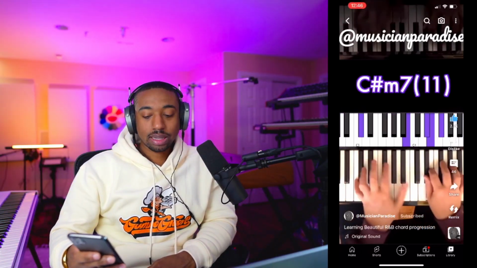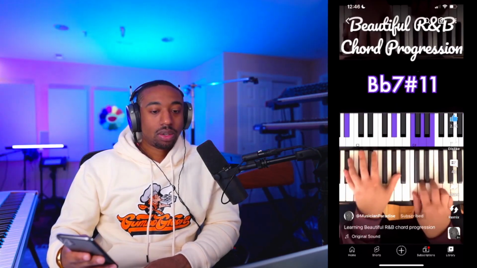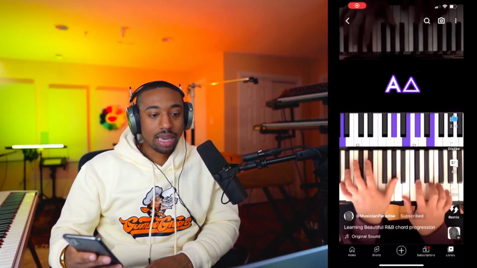Whenever you see alt like that, that's an altered chord, dominant chord. So notice a lot of dominant chords. Let me go back here. So we have the dominant chord. I'm assuming I didn't count out all the notes here. And then we're moving into A major 9th, technically. And then we're moving into G sharp 7, which is a dominant chord. So the sharp 7 is representing when you have a dominant chord and you're altering something about it, one of the notes. So in this case, he's altering the 7th.